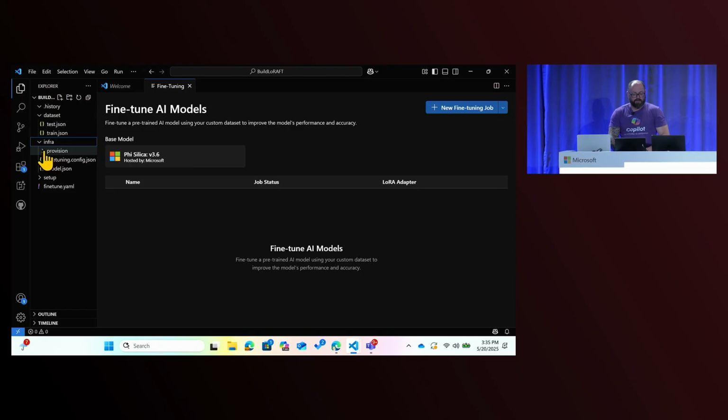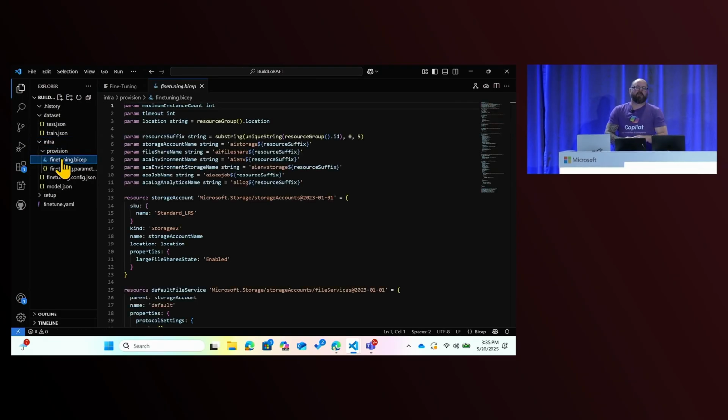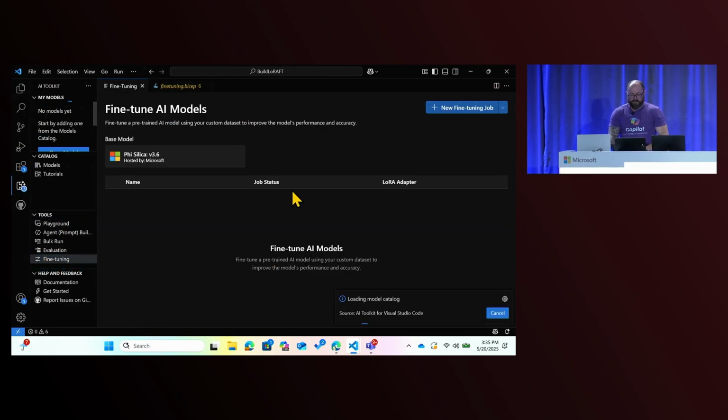But additionally, we also have a bicep file. Now, what's going to happen is when we start the fine-tuning project, we're actually going to deploy this to an Azure environment. The last thing you want to do is really do that on your device, right? It does require some compute, but it runs completely on your Azure environment. It stays within your boundary of data. So you define where it runs, you define how many resources you give it. We give you a bicep file to make it super easy for you, but that's really the structure we're going to be using.